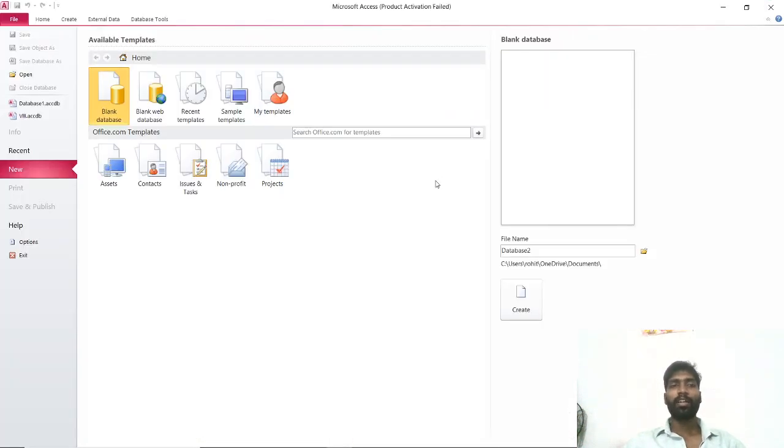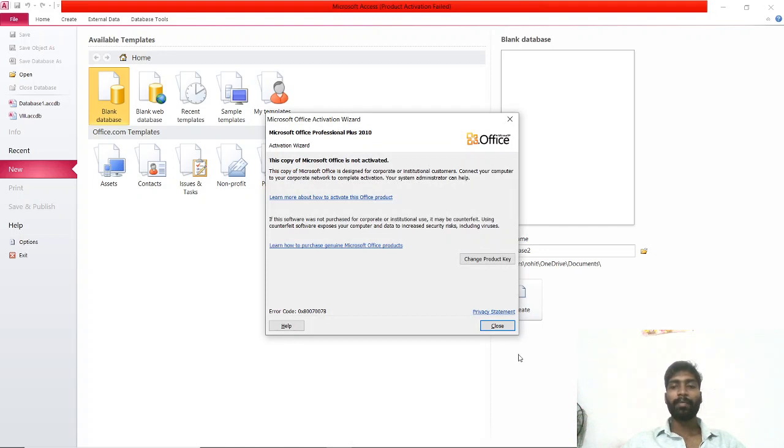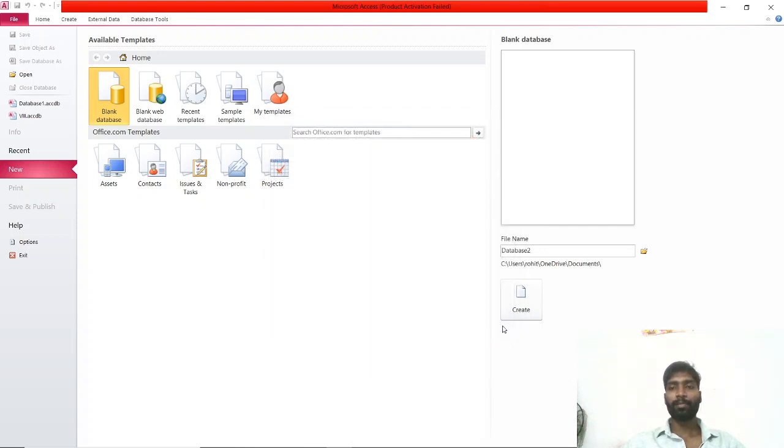You can install them, but there may be some changes, a little bit of changes. So the database name I am going to give is 8th. After creating it, now it is going to create an empty database. It is loading now.